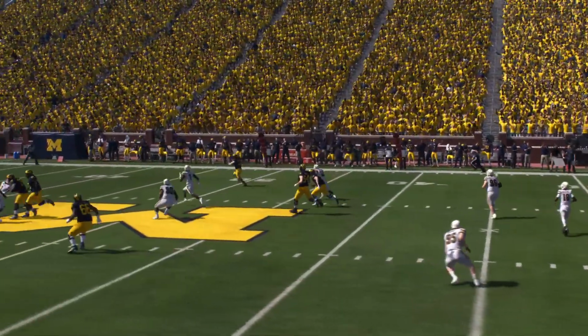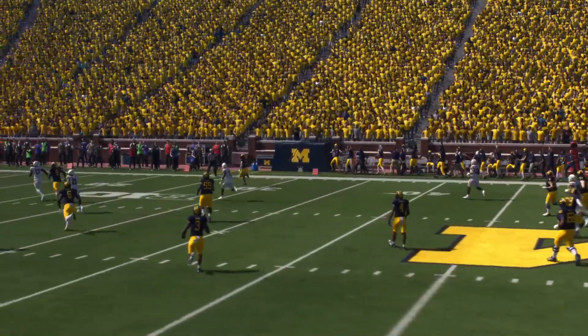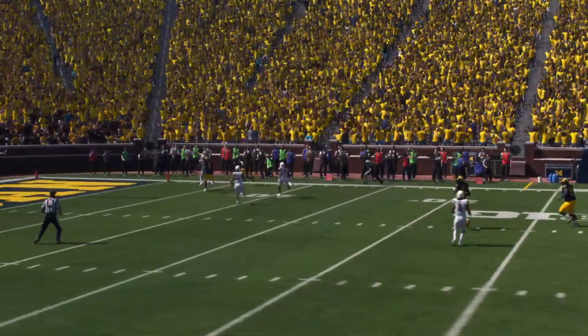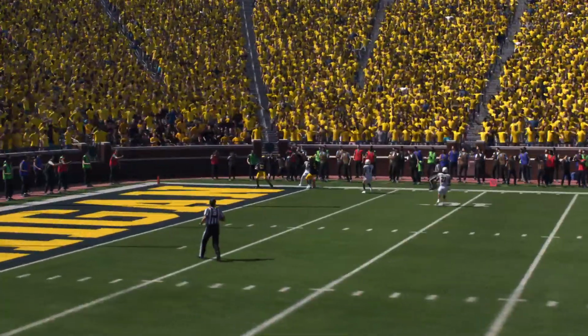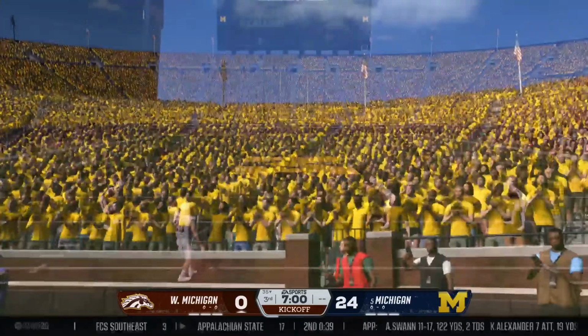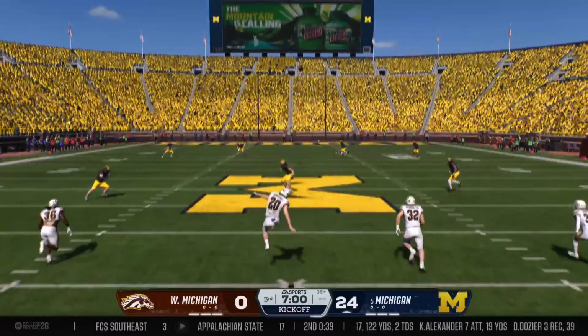Great block on the outside there. And the Broncos will boot it away to start the second half.